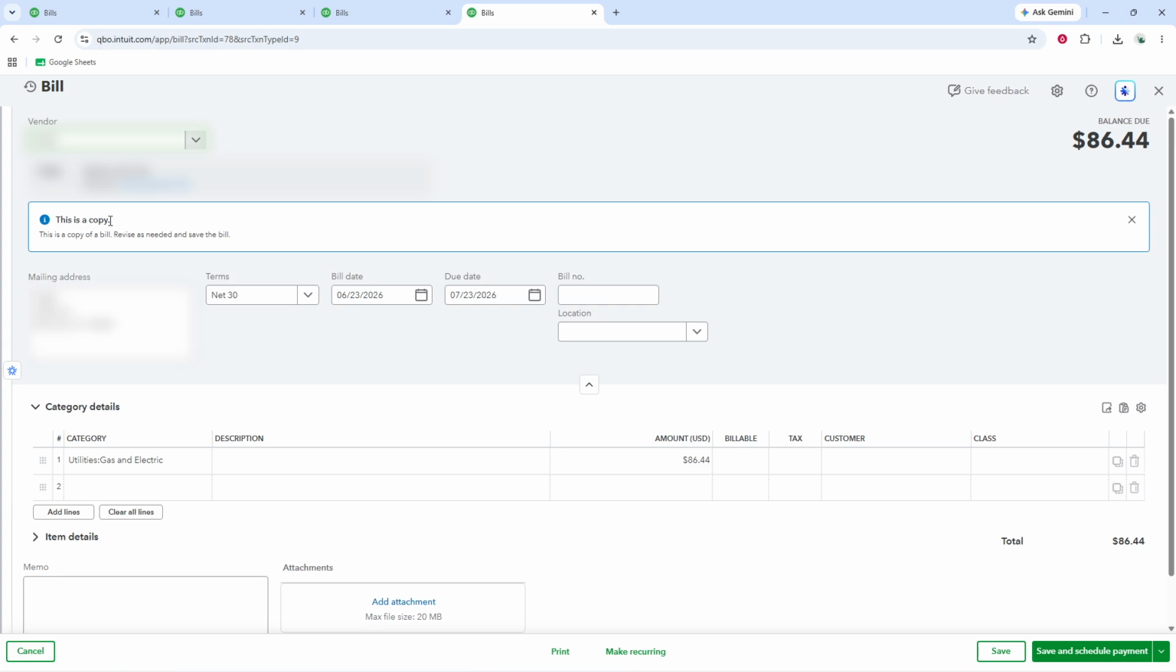At this stage, take a moment to review the duplicated bill carefully. Even though the bill has been copied, you'll still want to confirm that all the information is appropriate for the new transaction. Update any details that need to be changed, such as the bill date, due date, amount, or vendor information. This step is important because you want the new bill to reflect the correct accounting period and accurate payment